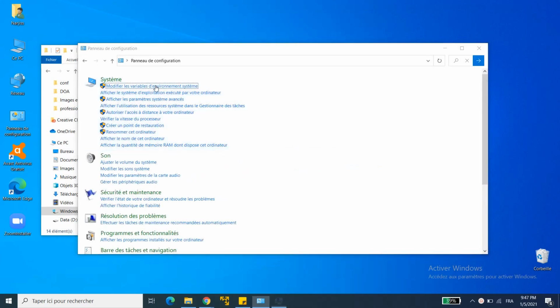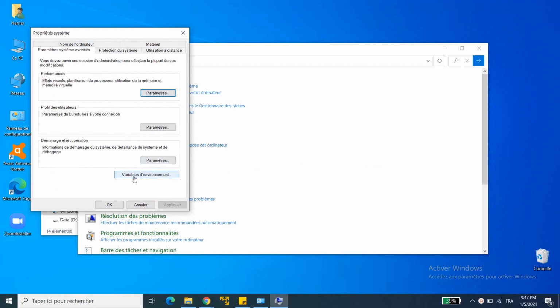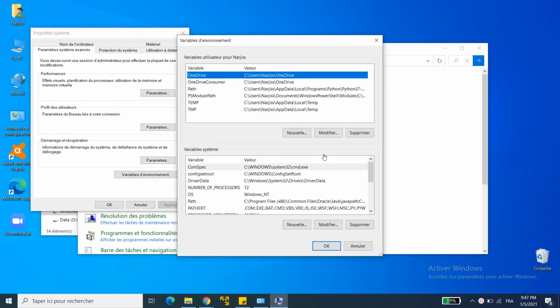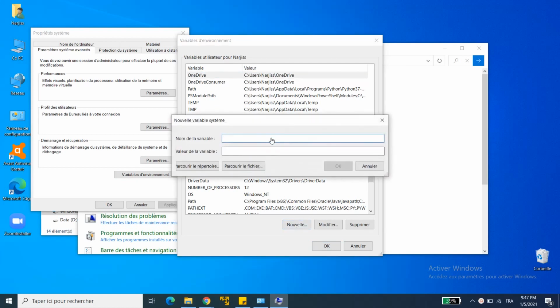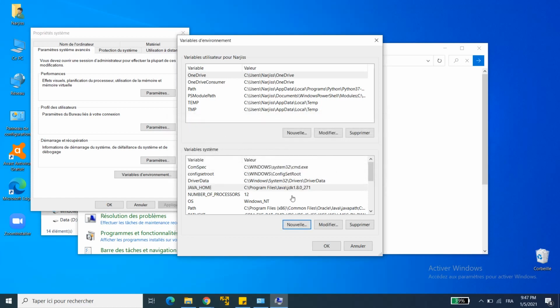click on modify environment variables, and then click on environment variables. Here we have our system variables, and we're going to add a new one, which is called JAVA_HOME. We're going to paste our path that we've just copied in here and click on OK.